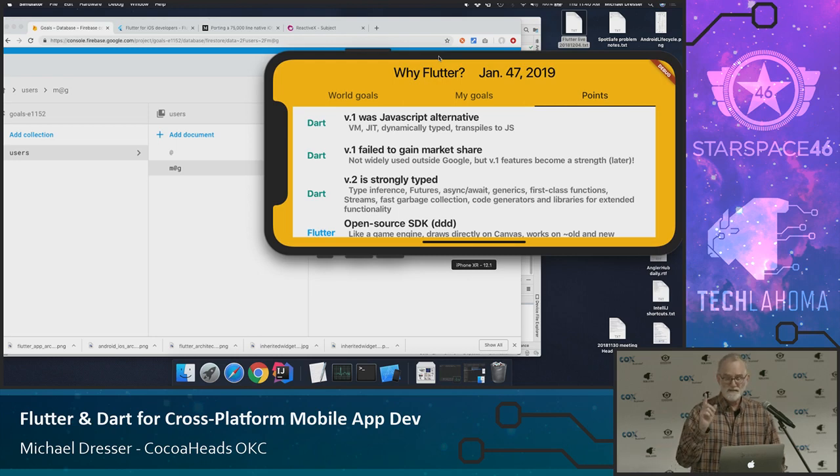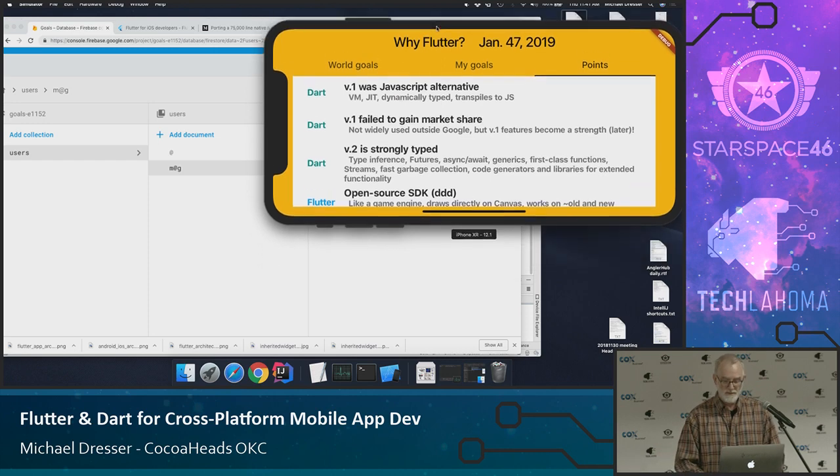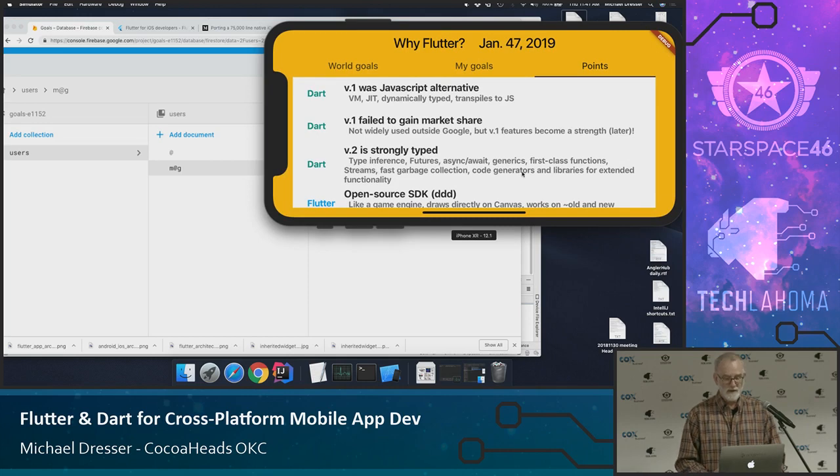Oh, and let me say this. I gave a talk that's similar to this and actually uses some of these points at the end of November to the functional programming group. Was anyone here for that talk? Okay. There will be a lot of differences between this and that talk because I knew that was coming. That was aimed more at functional programming. This is aimed at iOS developers. But there will be some similarities, obviously. Okay, so Dart.